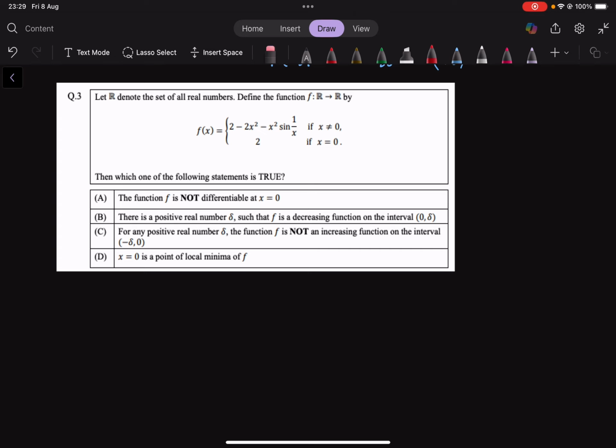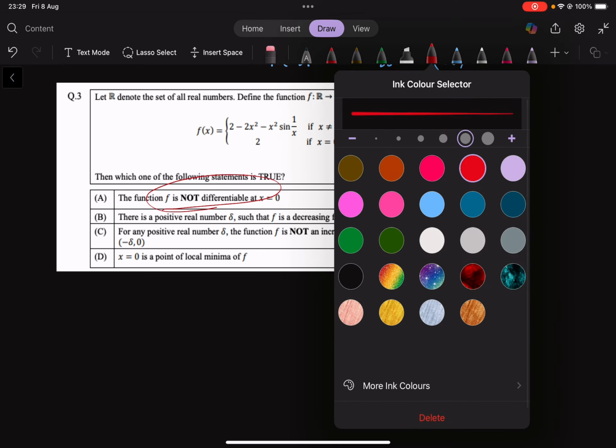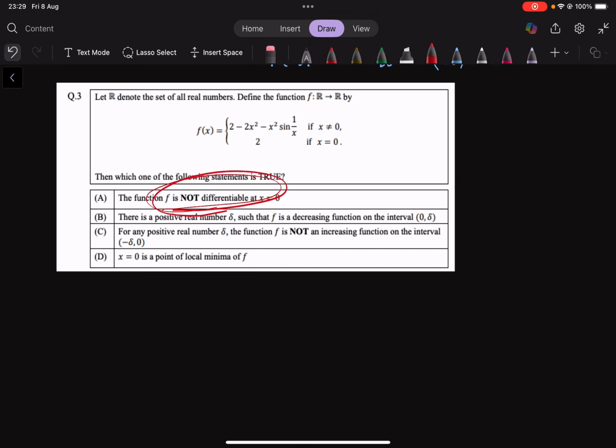If we see the first option, we have f of x is not differentiable at x is equal to 0. So we need to check the differentiability of f of x at x is equal to 0. That can be done by taking the left hand derivative. So if we take the LHD